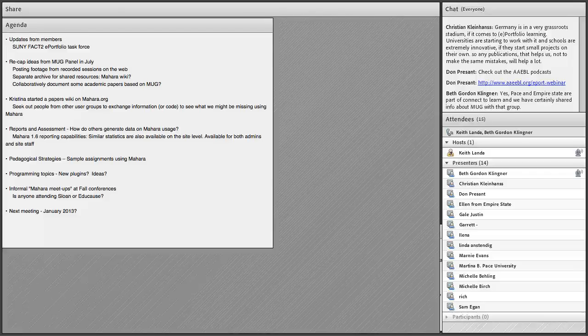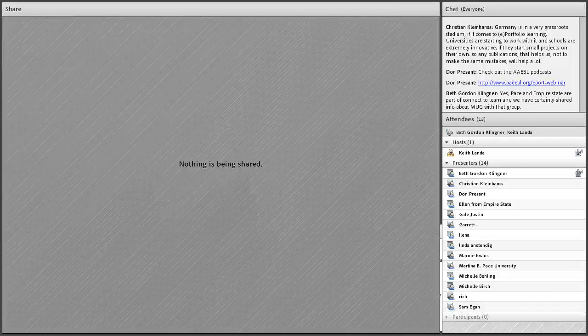We're trying to build some sort of model internally here at PACE, but this is going to take a lot of programmer commitment, and again, this is another perfect case of a MUG topic where if we can combine resources or just ideas of any kind, if anyone has such a model already in place, we'd love to learn about it. To help guide this conversation, I could show, through a screen share, the site statistics area that we now have access to, if that would be helpful.